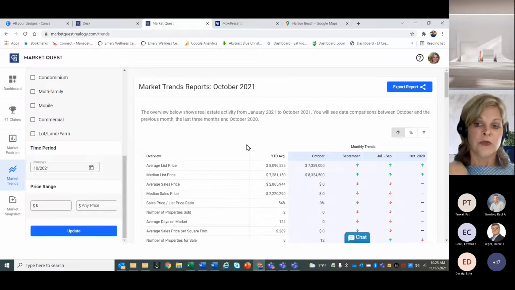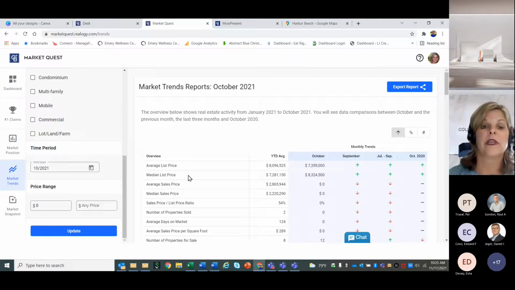So here's the report, and this was for October. And you see, basically, I get a whole breakdown here. I get average list price, median price, sales price, all of this. And then if I keep scrolling,